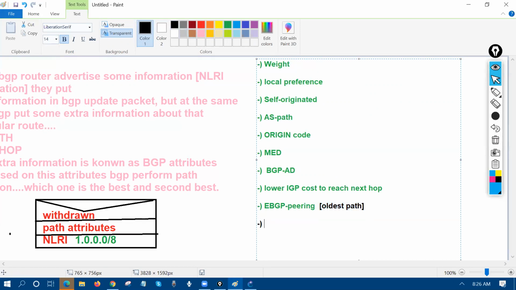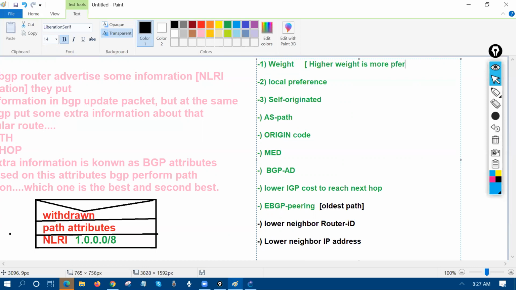And then we have lower neighbor router ID. Then you have lower neighbor IP address. So can you see, we have one, two, three. So first, weight: the higher weight